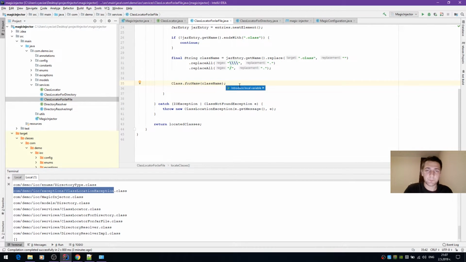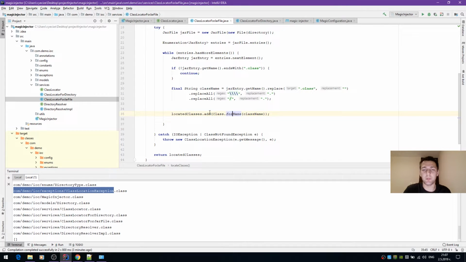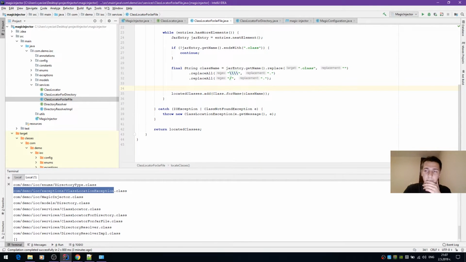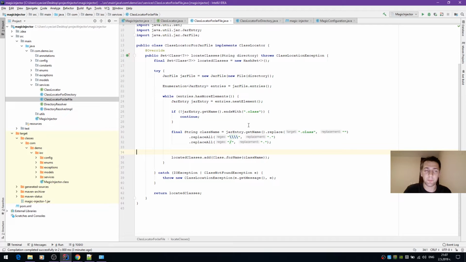Okay, introducing into local variable. No, actually we are just going to say located classes at, like that, because I'm pretty sure if the class name is present in a jar file, it will load it, no problem. Okay, so the implementation for the jar file should be fine, but I don't like that .class that I just